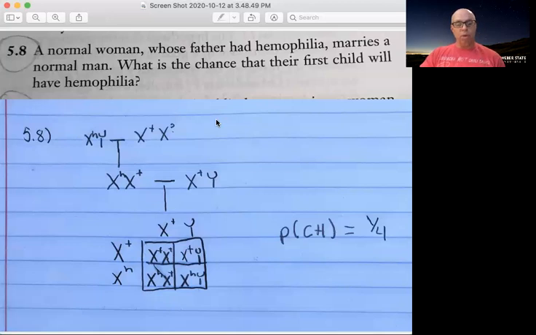If you remember in the PowerPoint, I don't think it was talking about hemophilia, maybe color blindness, but in the pedigree it had some arrows and gave the probability of inheriting the Y chromosome and the probability of inheriting the X chromosome. Another way that you can do it is you can just set up a Punnett square.